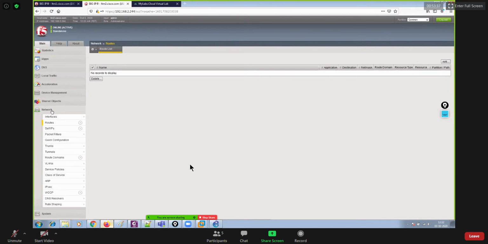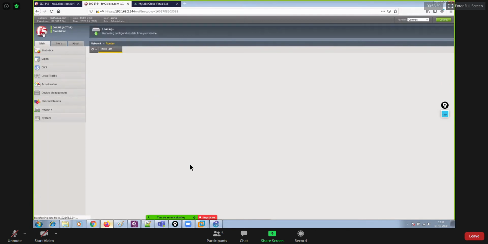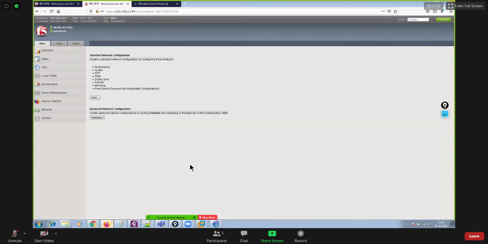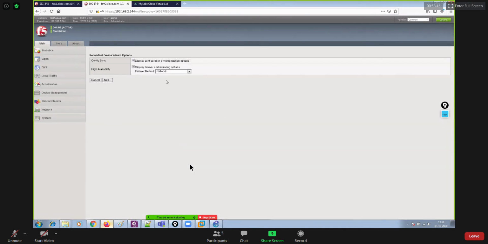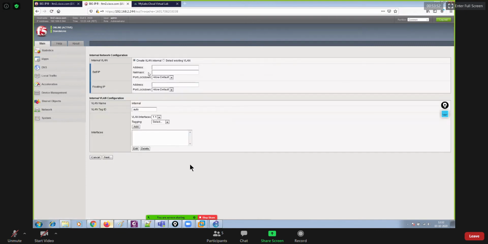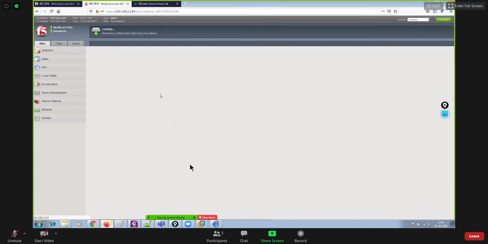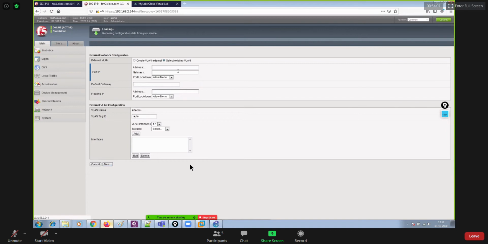So over LTM2, again, you can click on F5 and then you can click on run config sync HC utility and then say next. Then it will ask for the failover method. So I'm going to use network cable only. Say next now. Select internal VLAN, select existing one. So internal VLAN. So your floating IP, non-floating IP, everything will be there, right? Automatically. Next. Once again, I'll select the existing one because I have already created that.